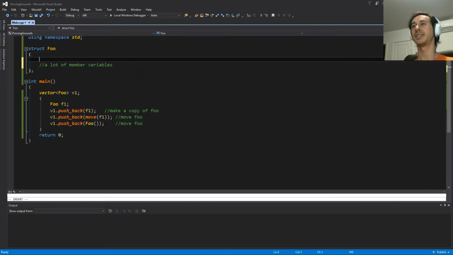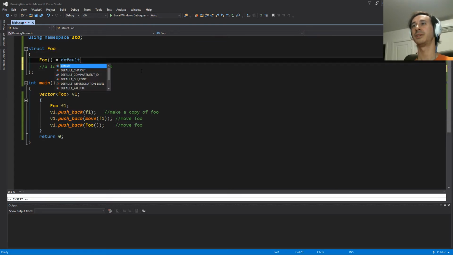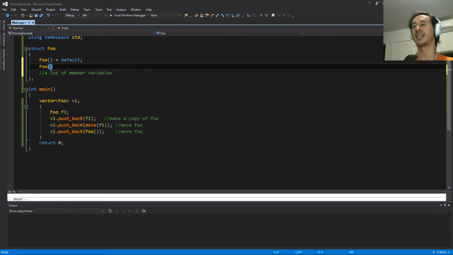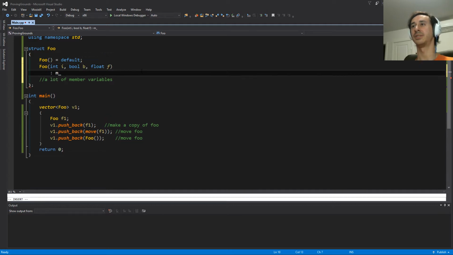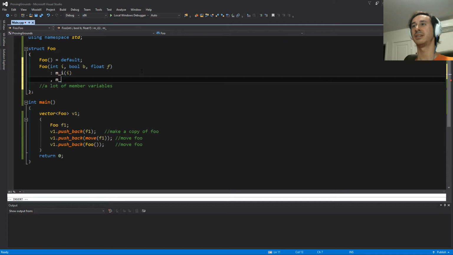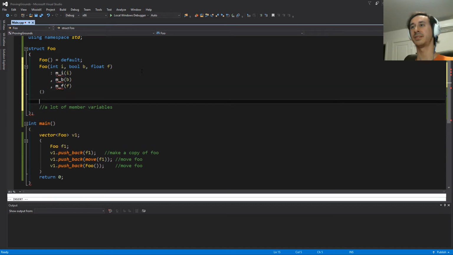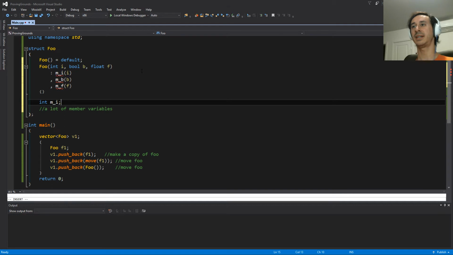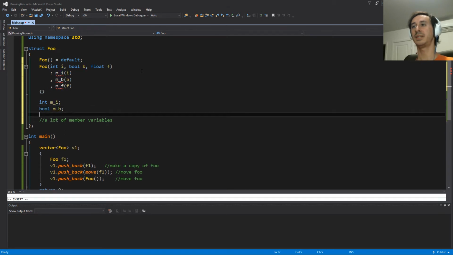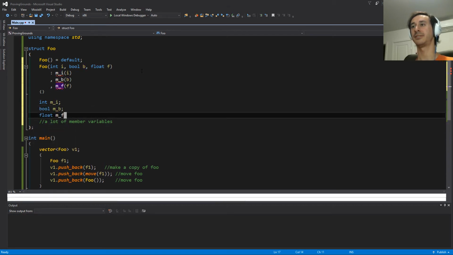So to make things a bit more interesting, we are going to give foo a second constructor that's actually going to use some values. So we'll take an int i, a bool b, and a float f. And we'll use those to initialize some member variables, which we'll add in a moment. So we'll say it has an int mi, bool b, a float f. And then it still has potentially a lot of member variables, which we could also initialize, but we'll just start